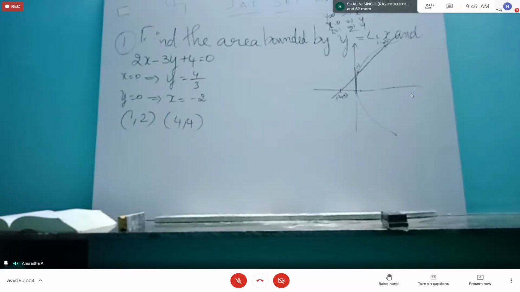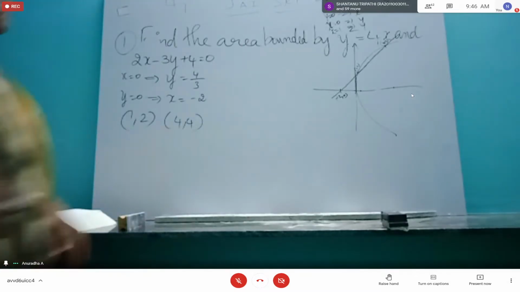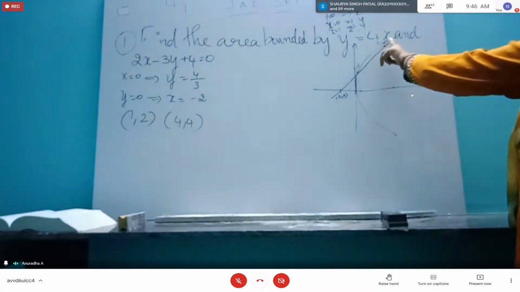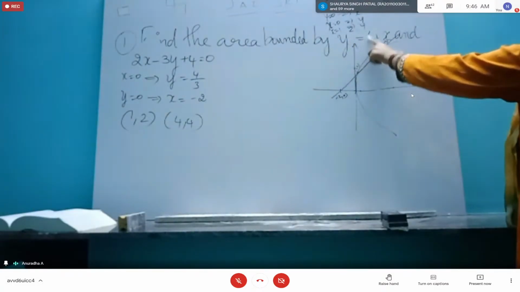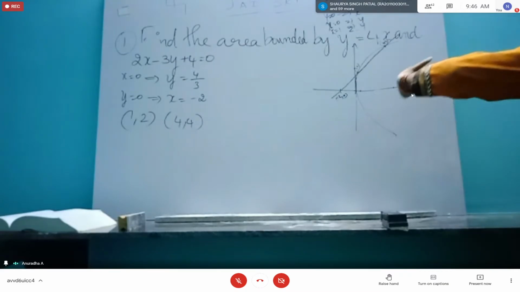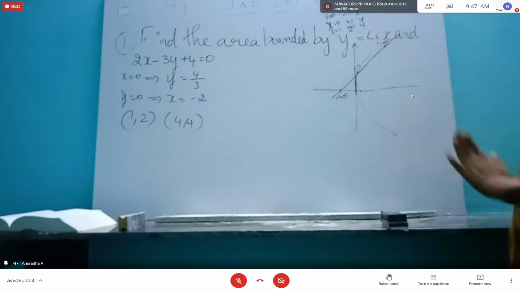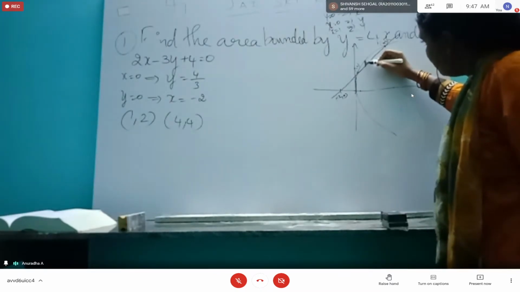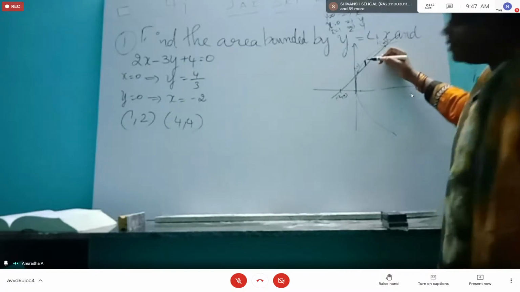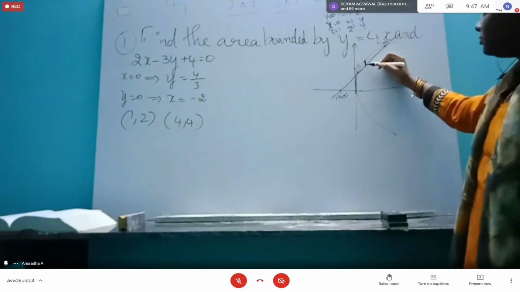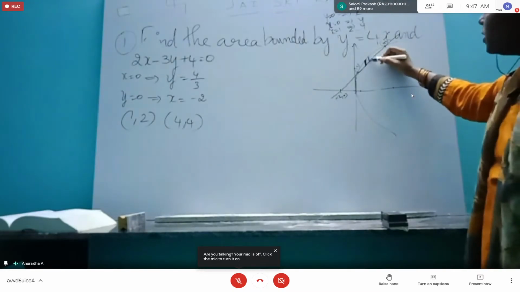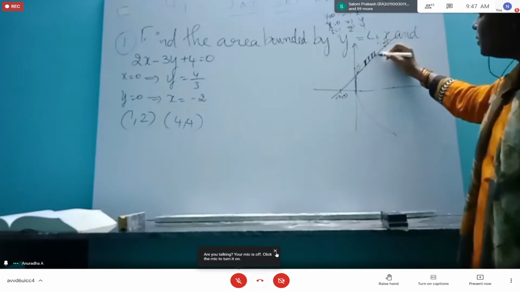So mostly we can do this. See, y squared is given. If I find what y is, I will just take the root that way, or we can also do x equal to something. Both ways are correct. Usually the answer key people will write vertical strips, mostly dy dx only. So we'll start with this, and if we find any hardships, we'll change. So we are going to do vertical strips like this.